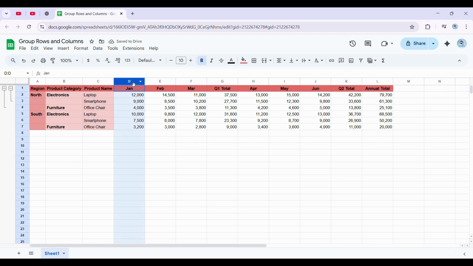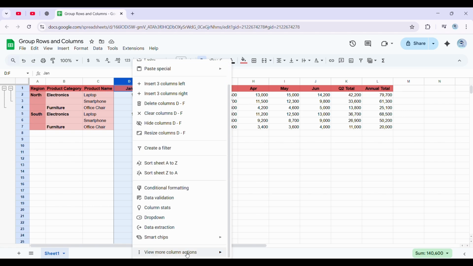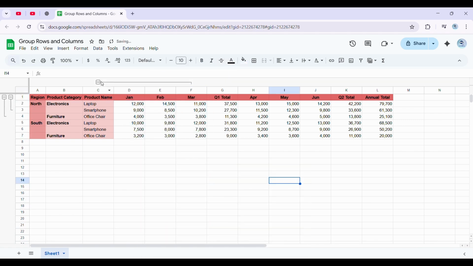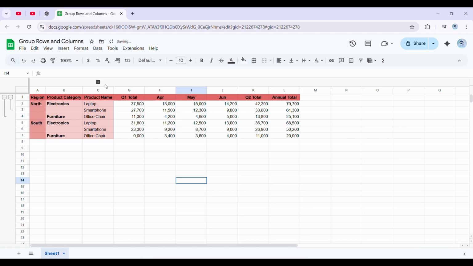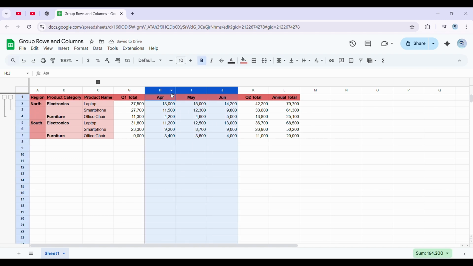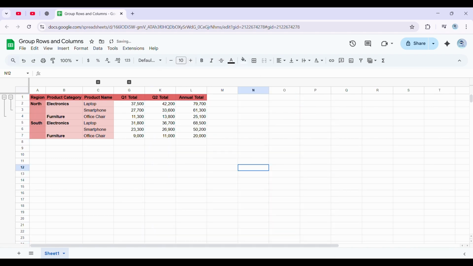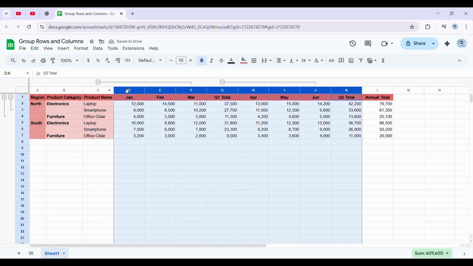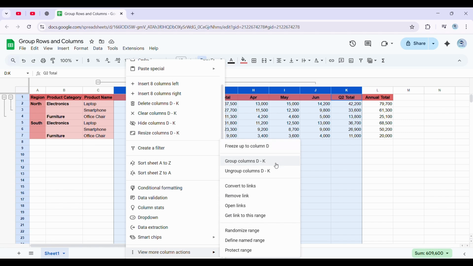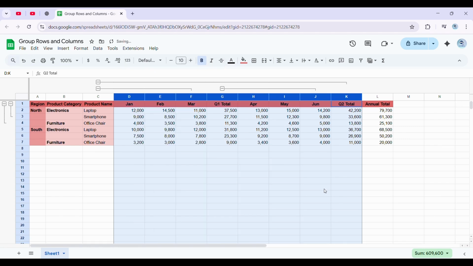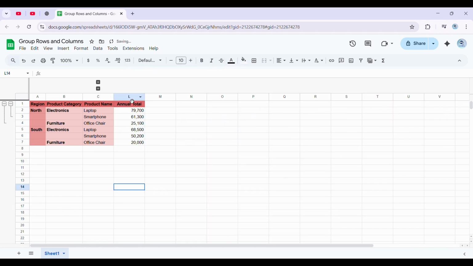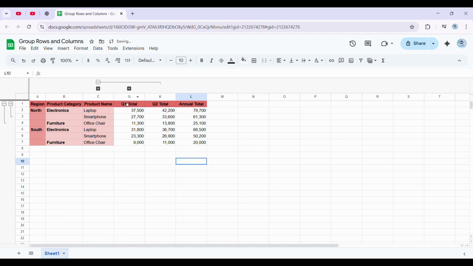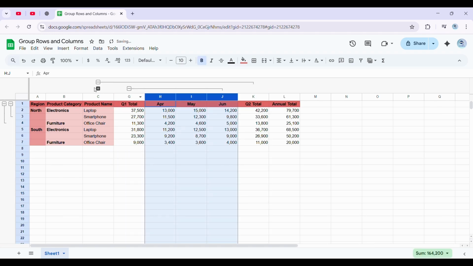For these ones, for example, for the month, I'm gonna group these ones, same thing. And here you see I have only Q1 and I want Q2. And if I want to only have the annual, I'm gonna group all of them, G to K, and like that I can see only the annual, the quarters, and I can see the details